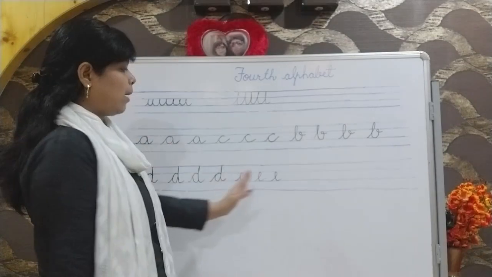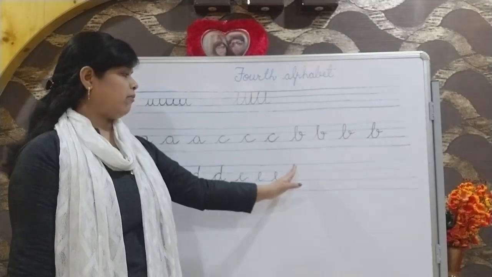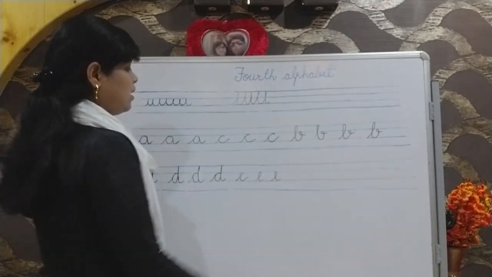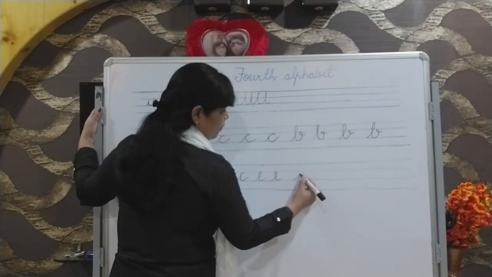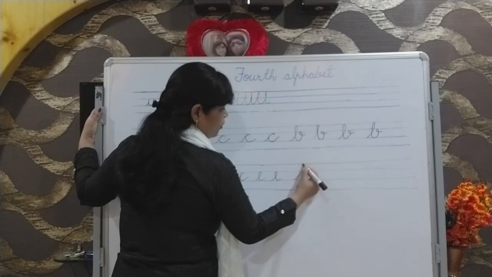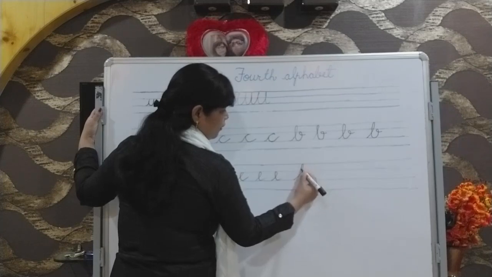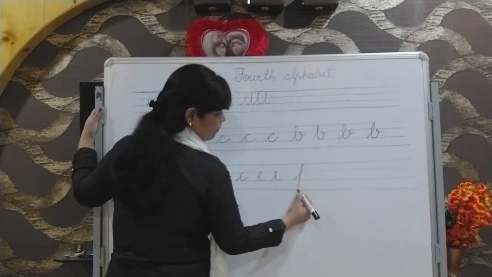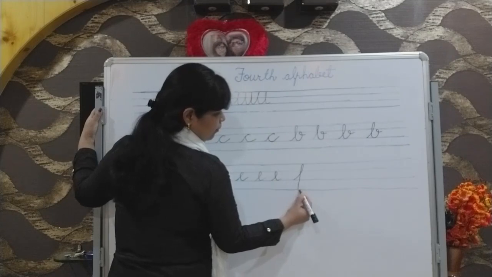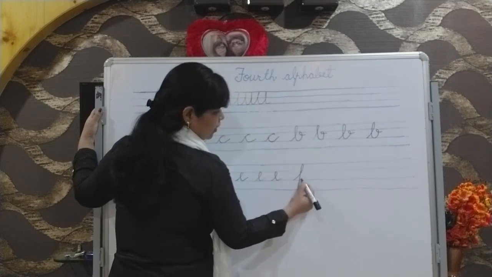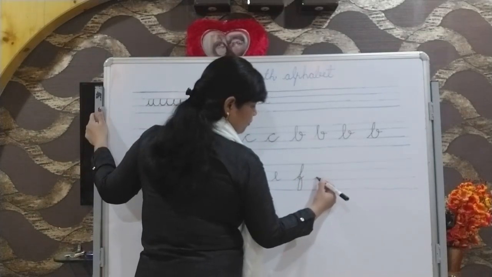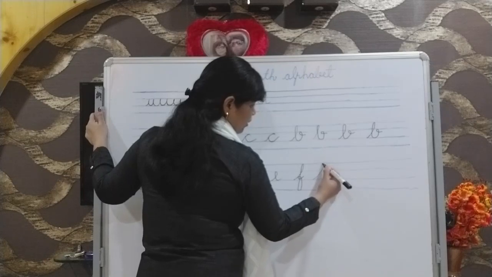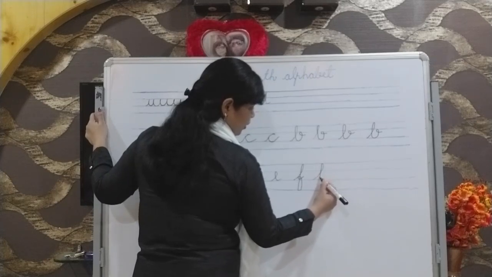F we are writing among 4 lines. From the middle line only we will start. Go up, upward we have to go, then move a little bit and come full down. Yes, then move here, a little curve, go inside and come outside. From the third line only we will start. Go upward. All 4 lines we have to touch here.